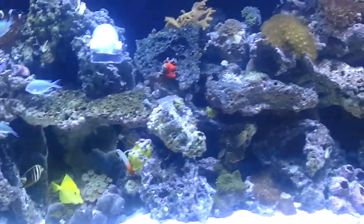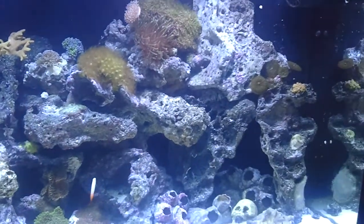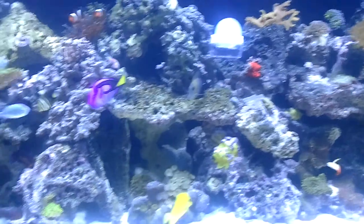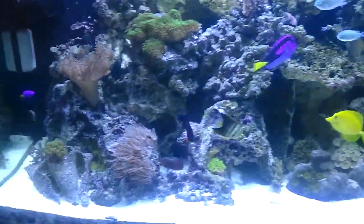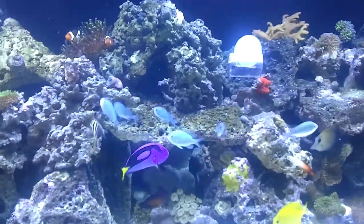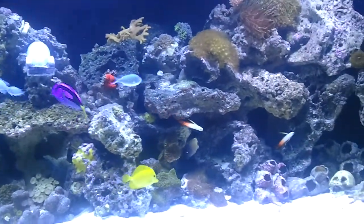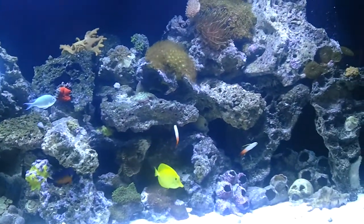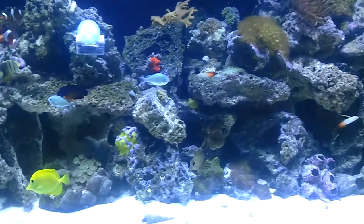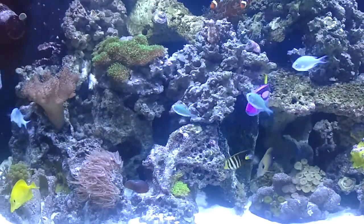Nitrates went up a little bit, due to my negligence, not doing my weekly duties or keeping up my husbandry. But we'll get back on top of it. As you can see, this aquascape has changed as well, and there are a few fish that you don't see anymore. I ended up losing a copper band butterfly, my powder brown tang, a pearly jaw, several damsels,